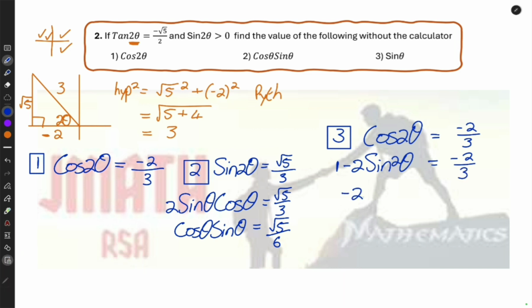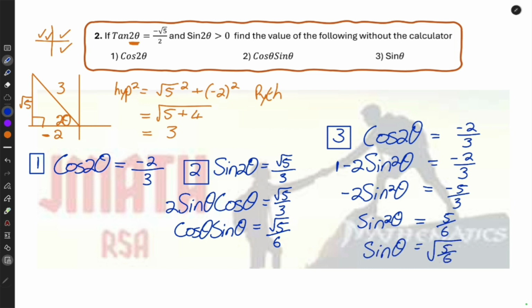So I'm going to subtract the 1 on the other side, and therefore this is going to be minus 5 over 3. Now I'm going to divide it by negative 2 on both sides. So sine squared theta is equal to 5 over 6, and therefore sine theta is equal to the square root of 5 over 6. So once you get used to it, this question isn't very difficult, but I can promise